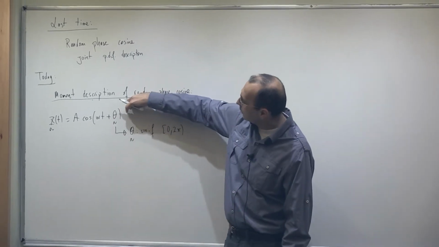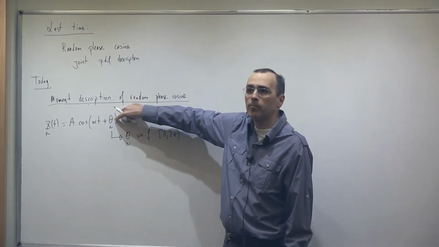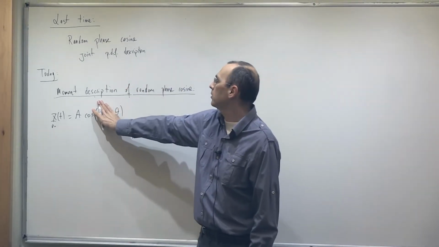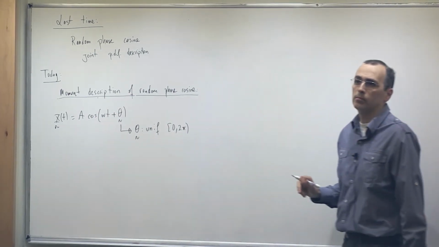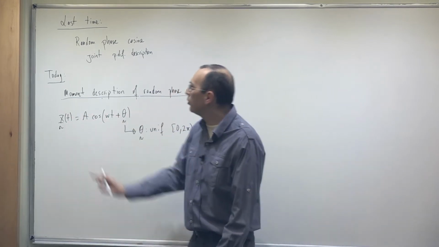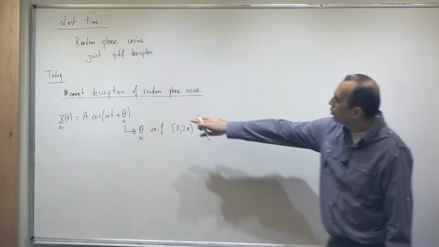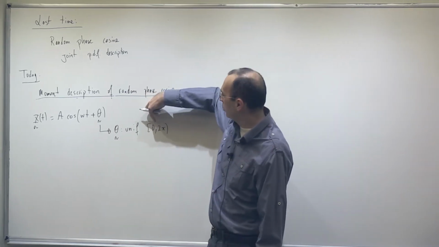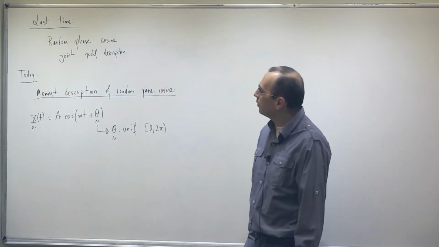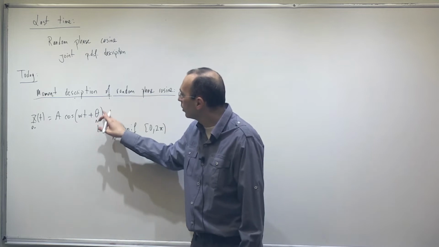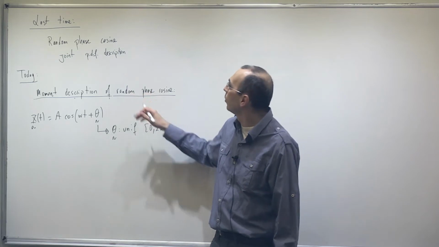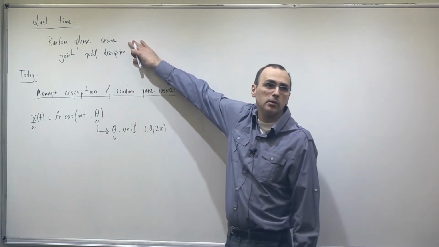The only thing that is random, that is generating this process, is the phase. You may consider that the phase at t equal to 0 is randomly selected from this distribution. If you also know the starting phase value, then this becomes a deterministic signal, isn't it? Every realization, every pick from this distribution, becomes a deterministic function of time. But right now I am thinking about how this is picked in terms of uniform distribution, and what about its consequences. Last time we discussed the joint PDF description of it.